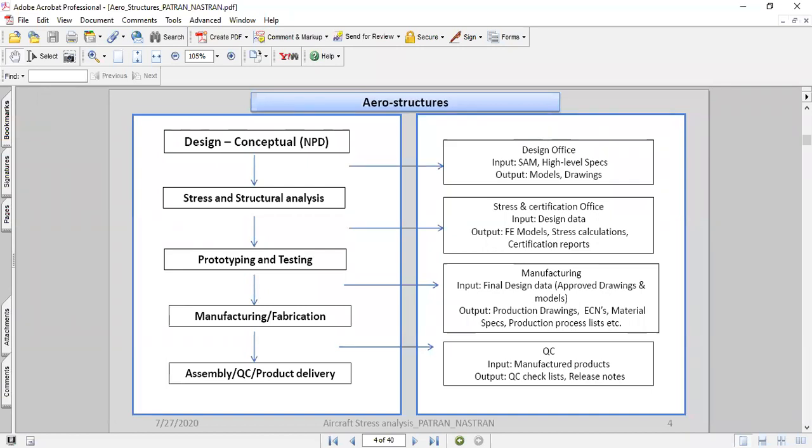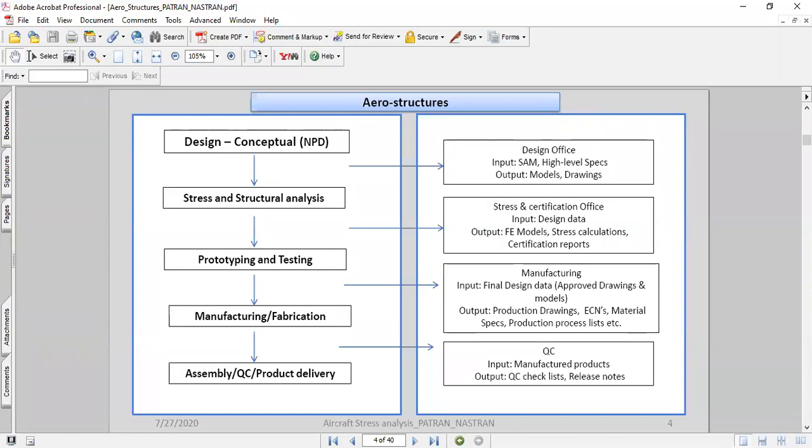They get the high-level specifications and the requirements, and they try to understand what the aircraft should be designed for and what criteria we should meet. Then they slowly start developing their models. It will be a DMU model. DMU is nothing but the CAD models.